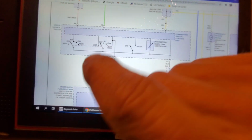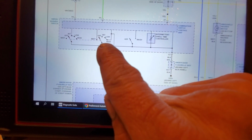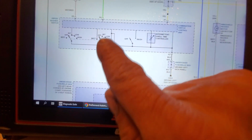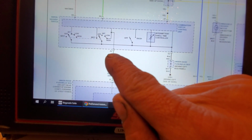You can't do that. You can't check your intermediate, can you? Can you check your low? Remember what I said. I would assume these are 12-volt feeds, right? So wouldn't this green white at the switch,